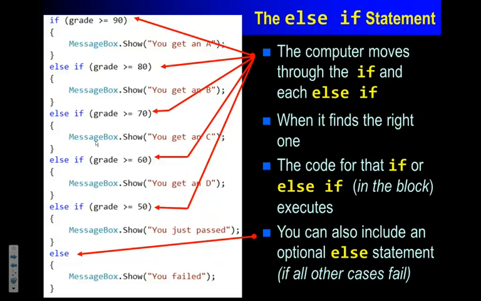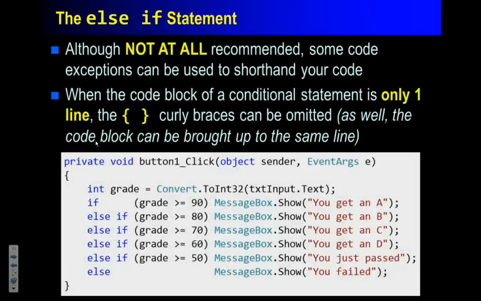Now, just like a regular if statement, at the end, you can, if you want, add an else at the end. Now that else is just the general else, which means if this is true, do that one, or do this one, or do this one. But if it fails all the tests above it, then just do this one at the end. So that's for if I fail every other test. But that else at the end is optional. Okay, now,